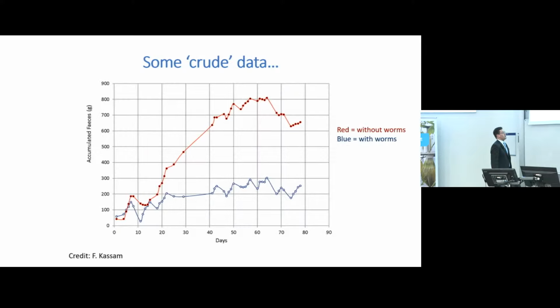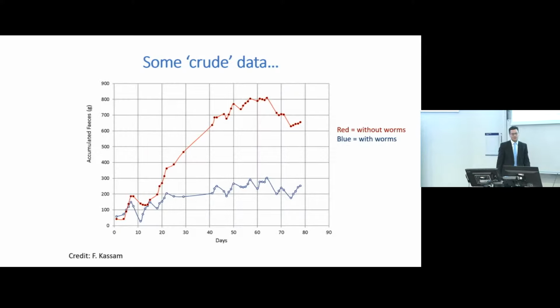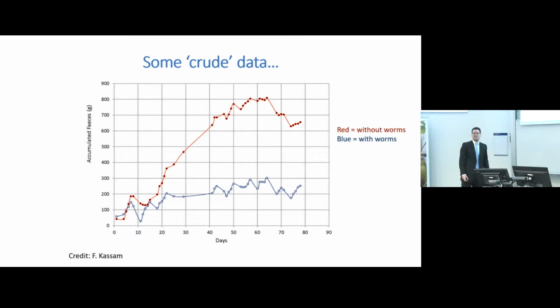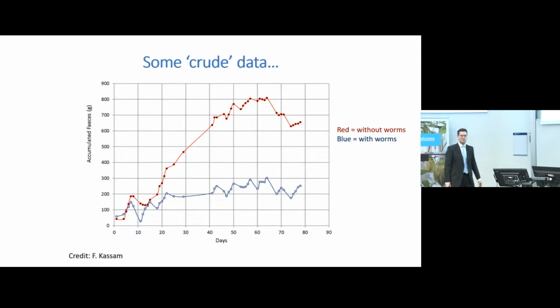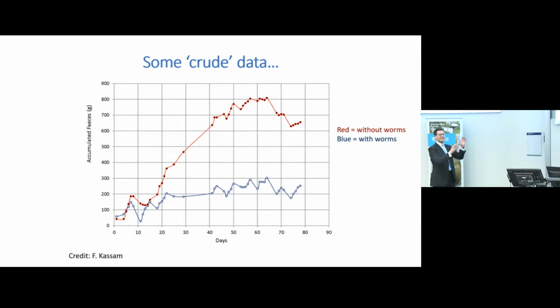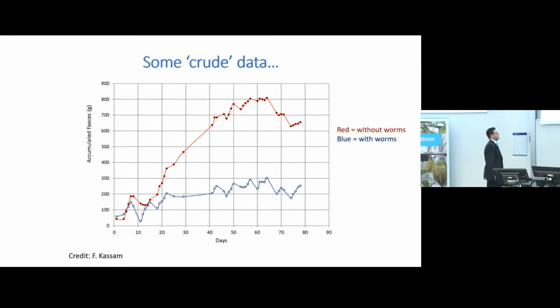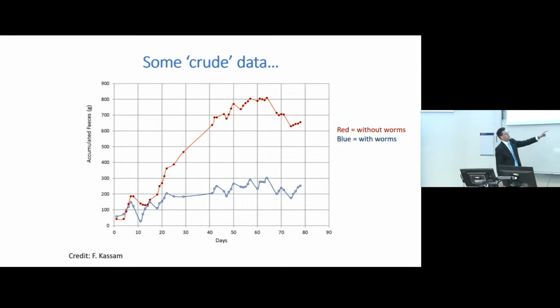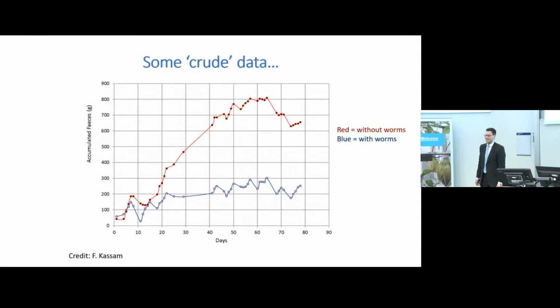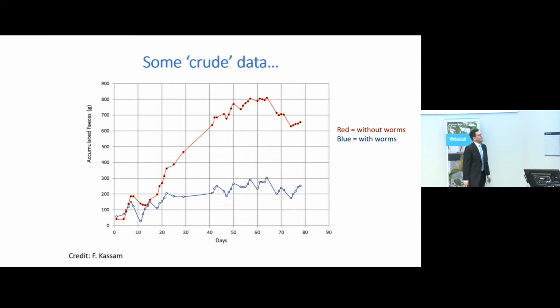And this is one of my puns. So people talk about raw data, so I'll call this crude data, because basically what we're showing here is accumulation of poo in the latrines that have the worms, the blue line, and the ones that don't have the worms. And our undergraduate projects last for about 3 months. So you can see on the x-axis there, we have about 3 months worth of data from our undergraduate student.